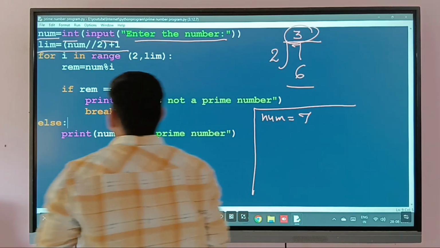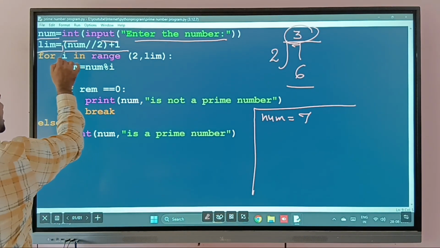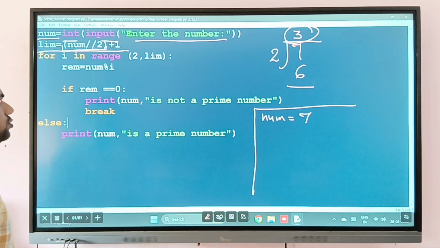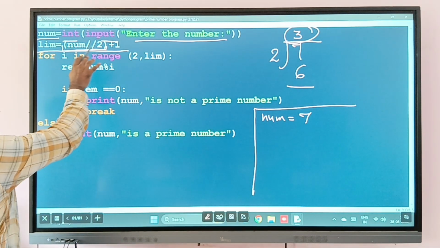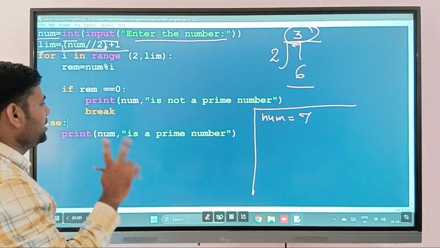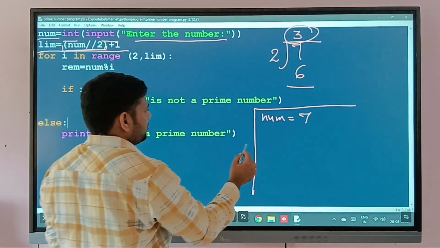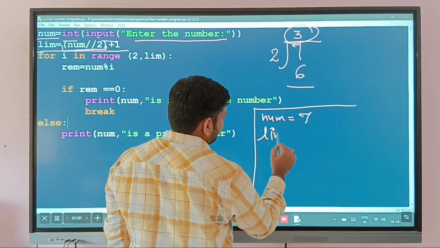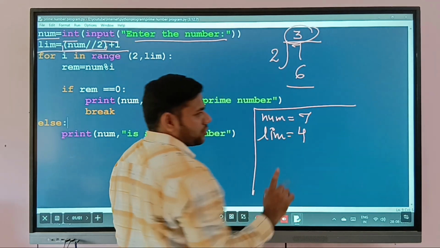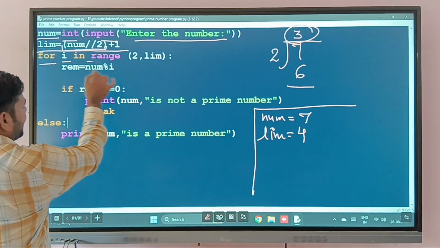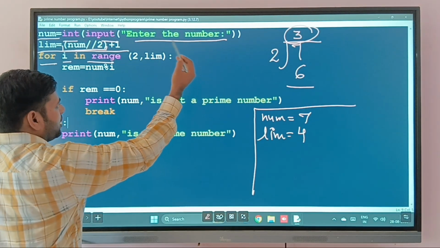When we solve this bracket, num floor division by 2, the value of this bracket is 3. 3 plus 1, the value of lim is 4. Clear?